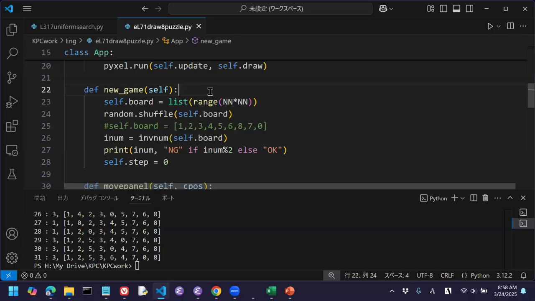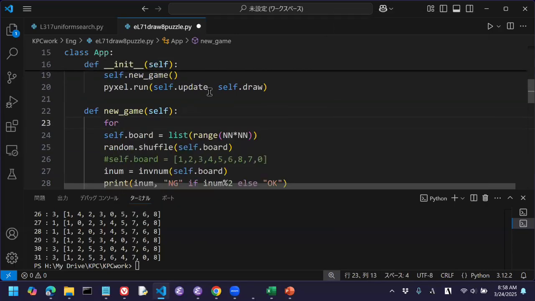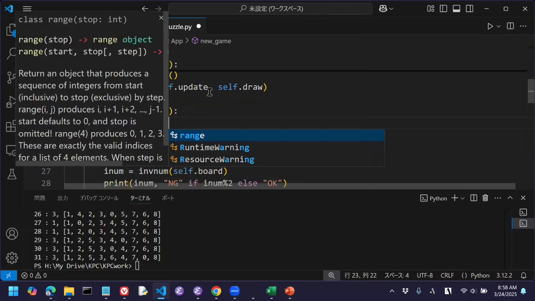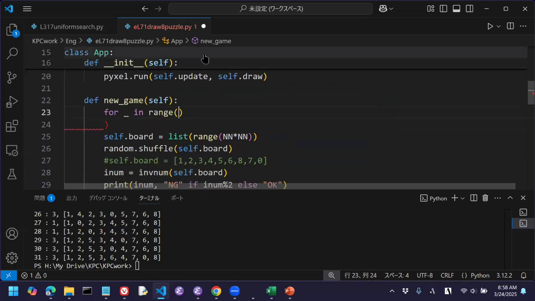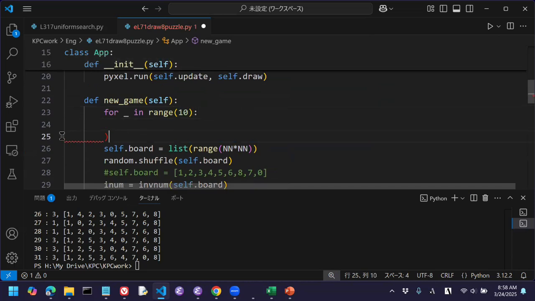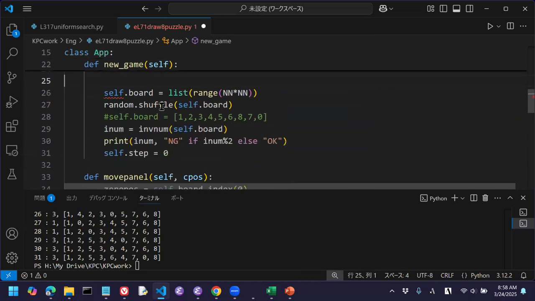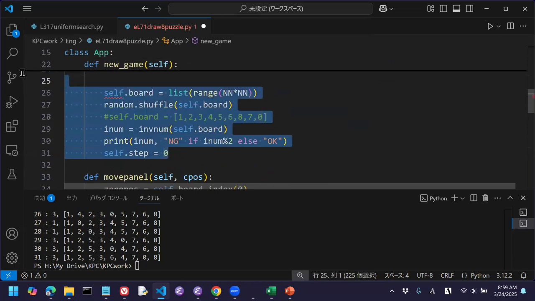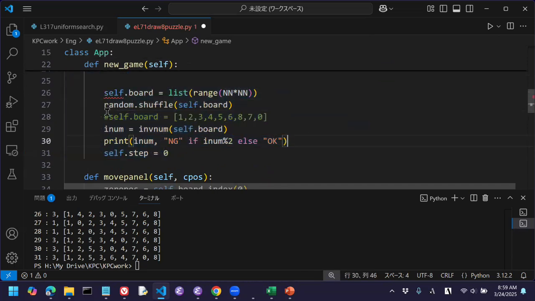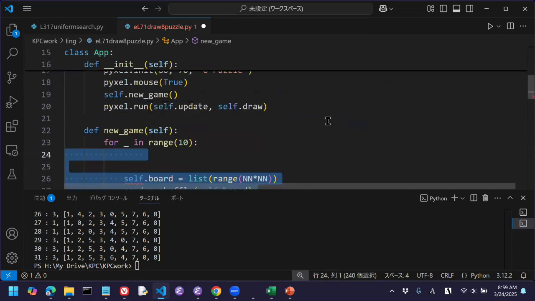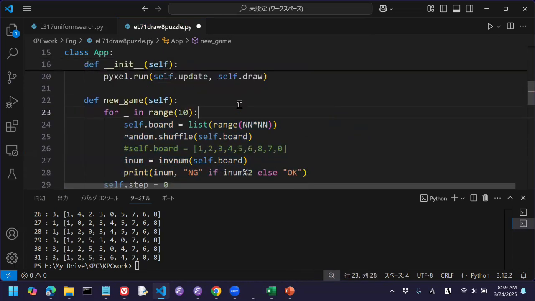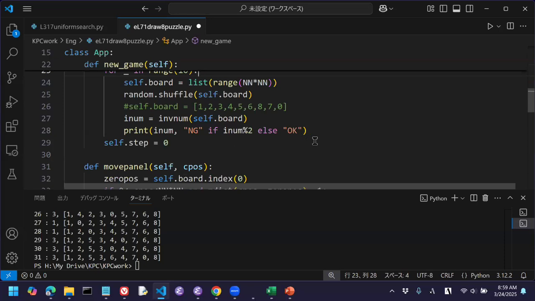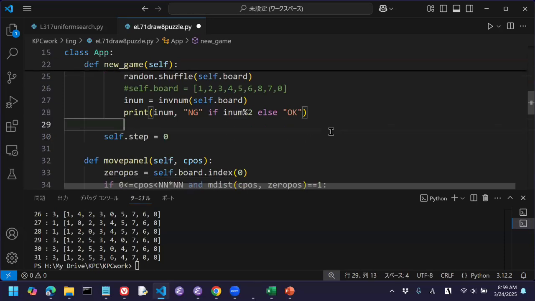Okay, so in new game, we make for, say, i in range, maybe 10 times is enough. And then we, okay, let's see. Yeah, we skip it. I indent it so that,